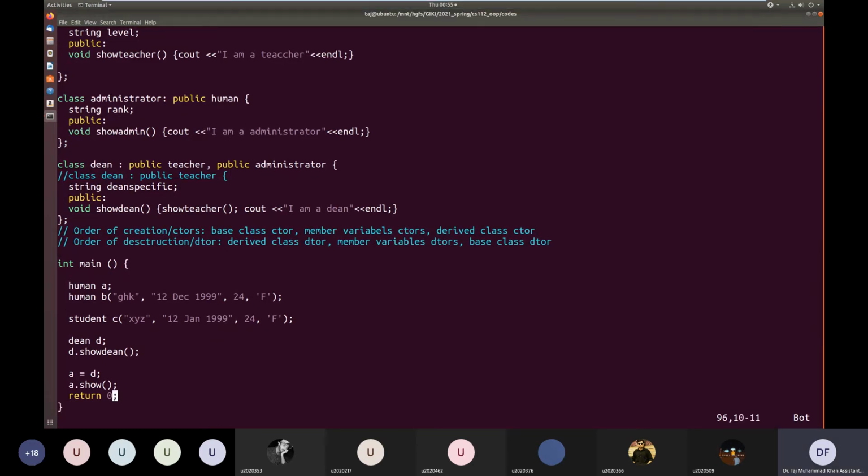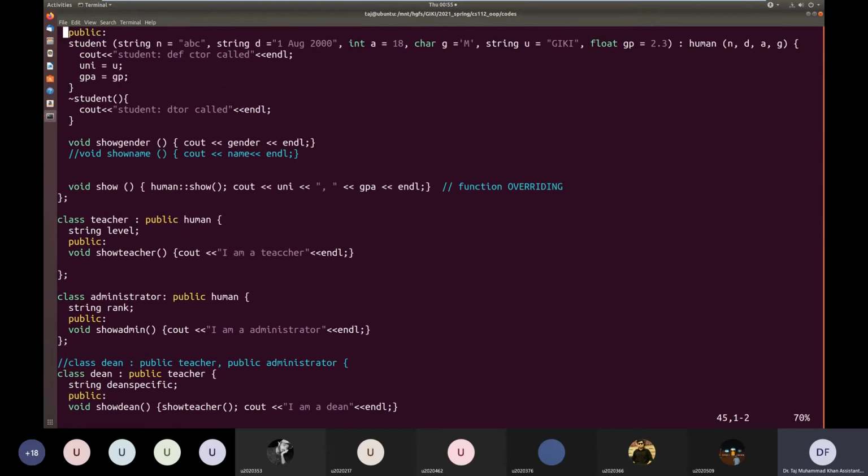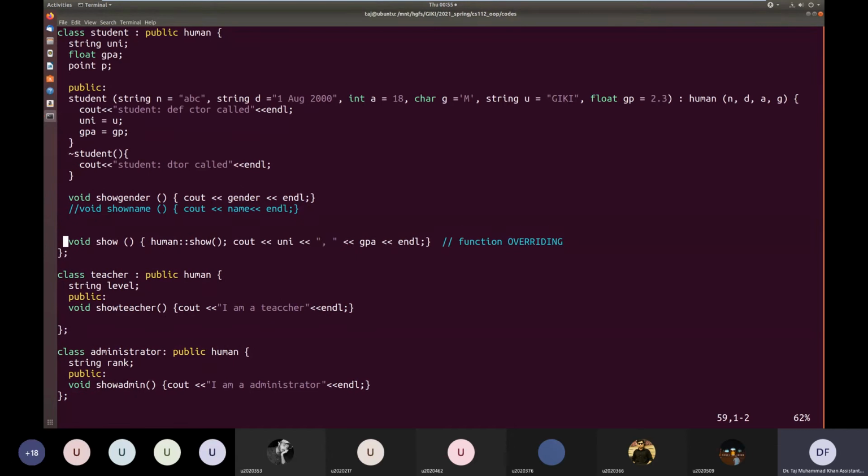So what I wanted to do was something like this. Go here. And we will override the function show. In student we have overridden the function show.